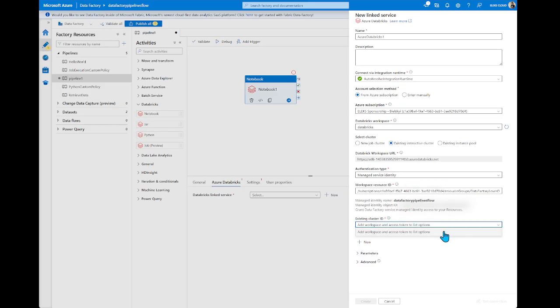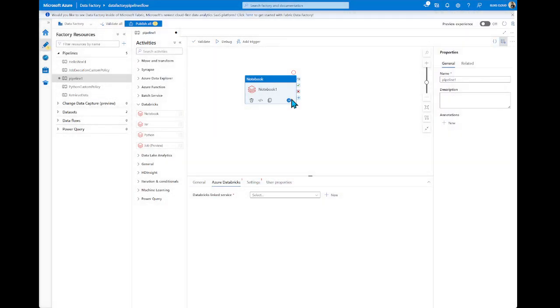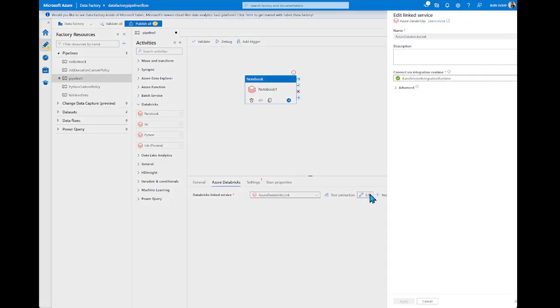And the last step, we need to specify the cluster, but why doesn't it work? Let me open the existing one. Where is this one? Edit.